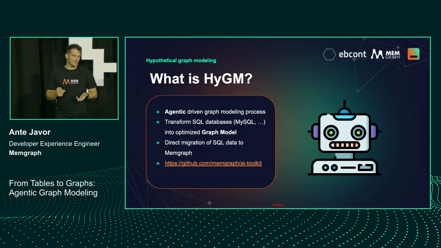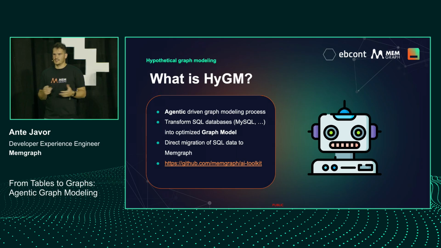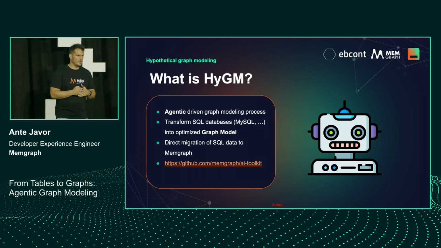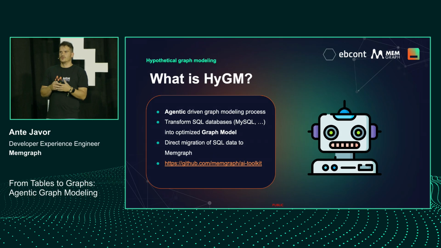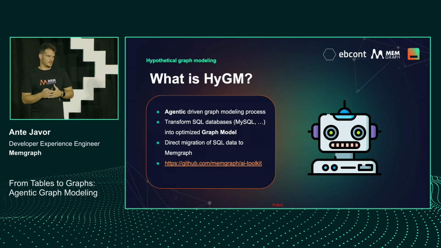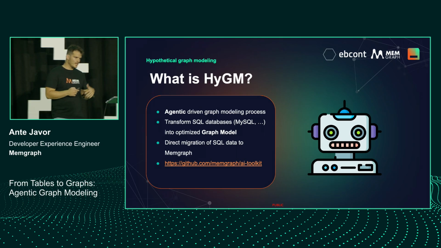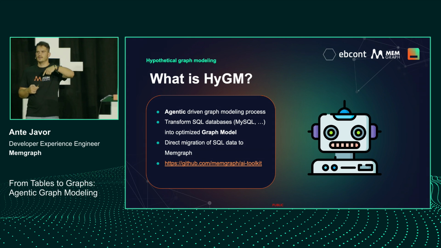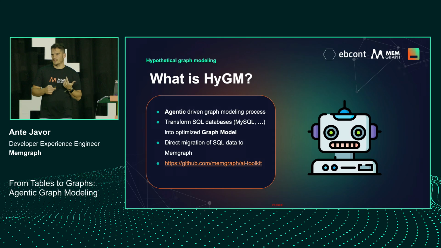It currently works only with MySQL, but we plan to expand that to Postgres and the rest of the SQL flavors. What it does is essentially go over your schema and try to create a hypothetical graph model. I will explain this in a bit more detail. And if you go to this link, memgraph AI toolkit, in the integrations, there will be an implementation of this concrete